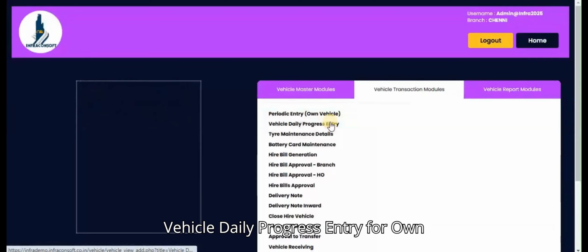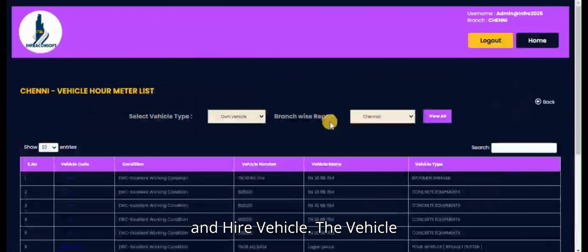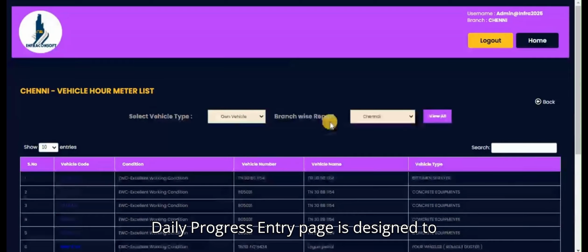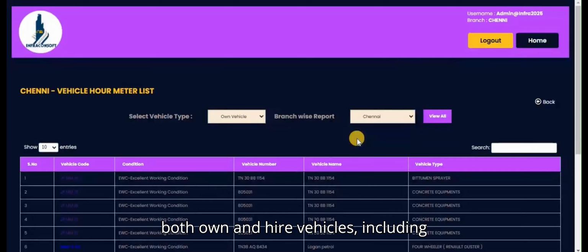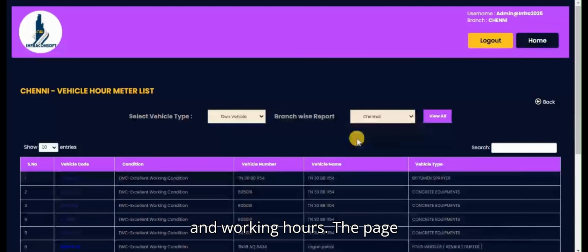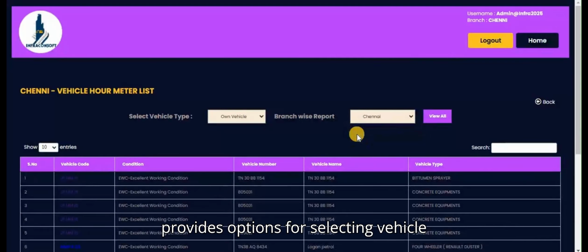Vehicle Daily Progress Entry 4, Own and Hire Vehicle. The Vehicle Daily Progress Entry page is designed to track the daily performance and usage of both own and hire vehicles, including details like load, diesel consumption, and working hours. The page provides options for selecting vehicle types, filtering reports by branch, and managing daily progress entries based on vehicle